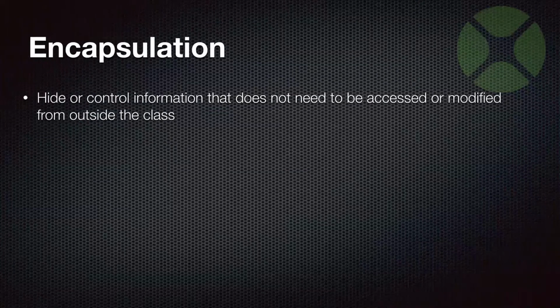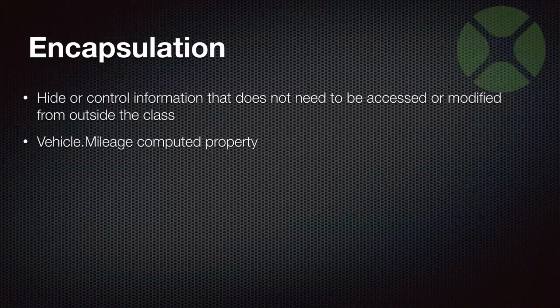So I kind of showed this a bit with the mileage computed property that was on the vehicle class. I had the actual property, the integer property that's storing the mileage, as private so that nothing could directly access it. And then I had the computed property set to just return its value and not allow it to be